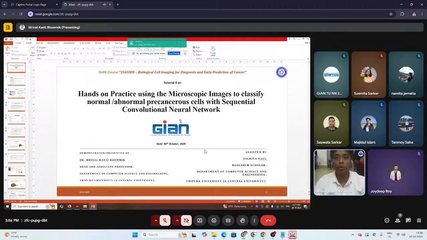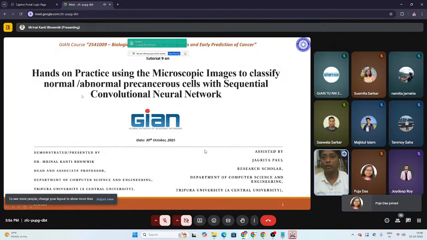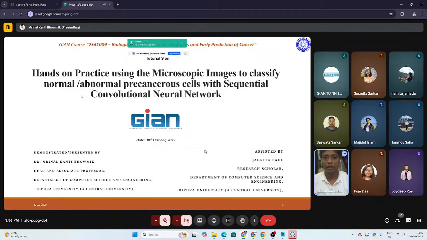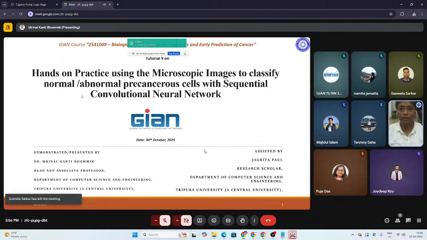So now we are going to start this hands-on session on microscopic imaging to classify normal and abnormal pancreas cells with sequential convolutional neural network. So I think with me today is Jagrita Pal, one of our research scholars of the computer science and engineering department, and I think basically she will explain VGG,